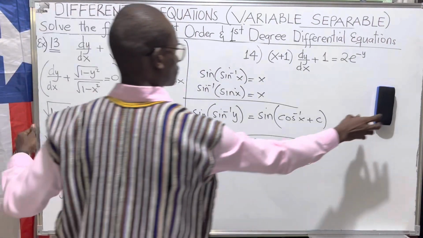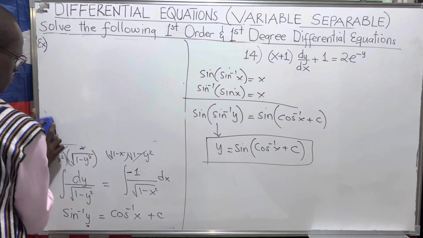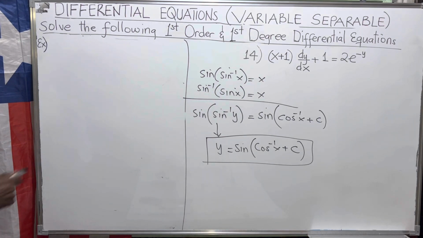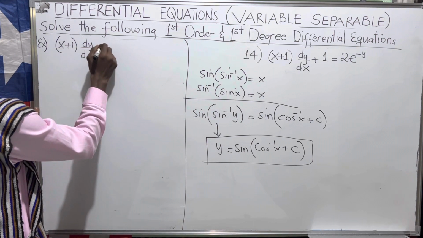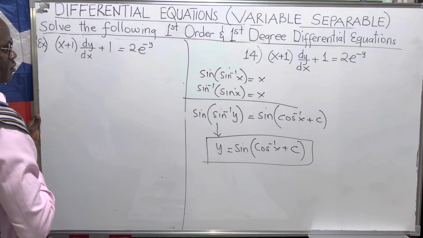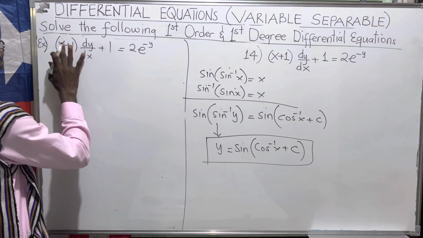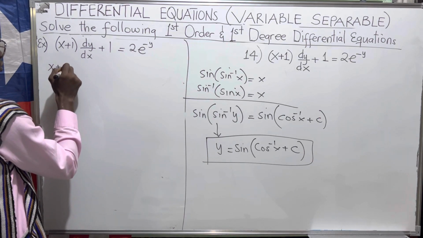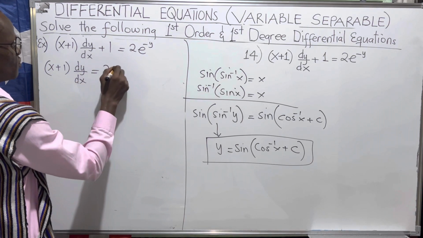So let's do the next one quickly. The next one says x plus 1 dy by dx plus 1 equals to 2e raised to the power minus y. So again, we want to separate the variables. So we can send this one across. Now in here is just x and y, so no need to do further simplification in here. So it's just x plus 1. So it's all x. Now you have dy now by dx equals to 2e raised to the power minus y